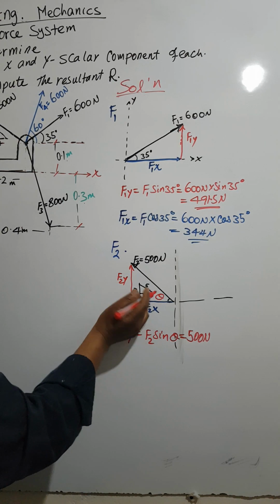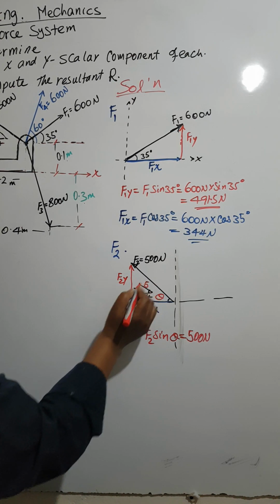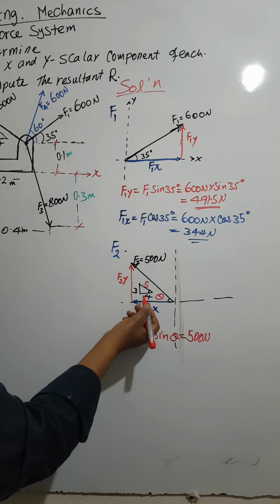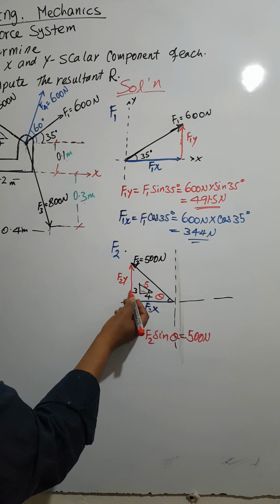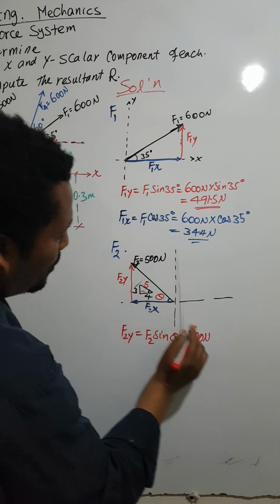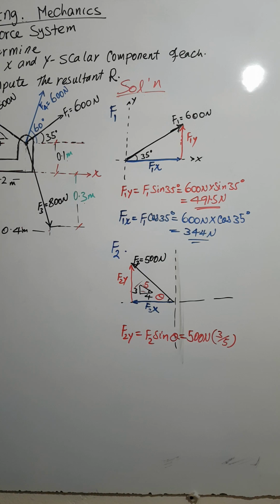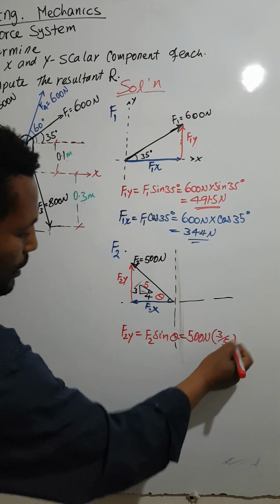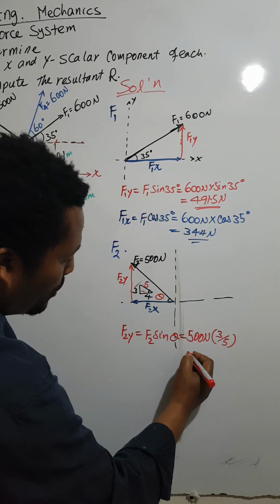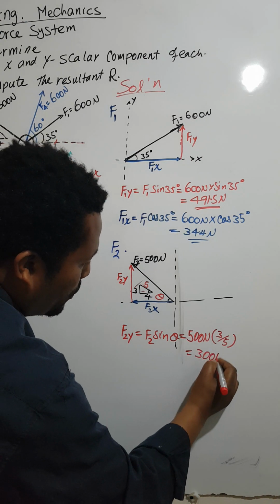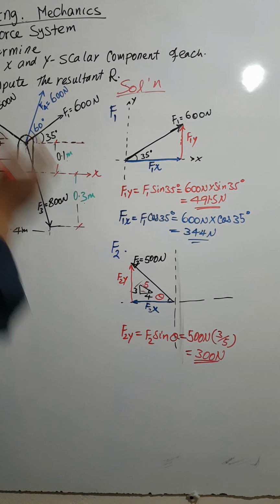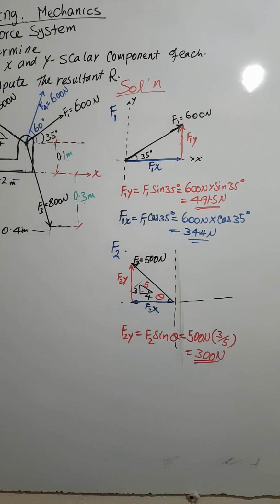አሁን ይቺን በፓይታጎረስ ቲዮረም ይቺ 5 መጣለች አይደል? So that sine of theta is opposite over hypotenuse. Opposite is 3, hypotenuse is 5. Okay, times 3/5. ይሄ ስናባዛ ስትመጣል በ5 መቶ ጊዜ so this is 300 Newton. Okay, 300 Newton upward with the positive y-axis 300 Newton scalar component አለ ማለት ነው ለF2።